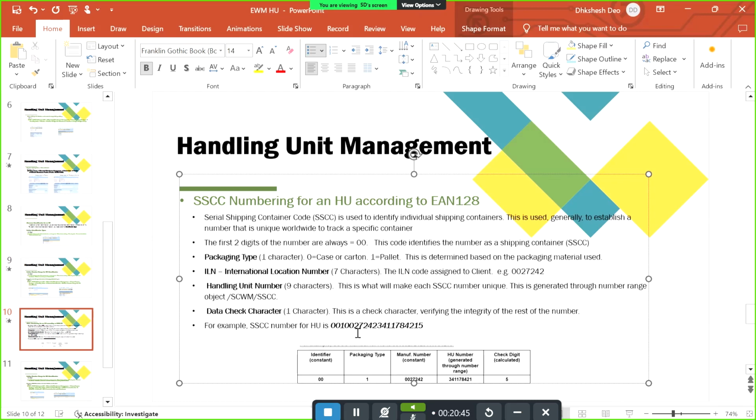Because this is required to handle in the warehouse, this is easy for handling, and all the companies are required to maintain the handling unit once they are going to EWM, because your throughput is more in this way. So your receiving is increased, your shipments are increased, your transportation handling time is less, because once you are going by loose product, you have to go multiple times. And if you store within the handling unit, one handling unit can store up to the product size, package and all. This is multiple, and you can put in, suppose that you are storing